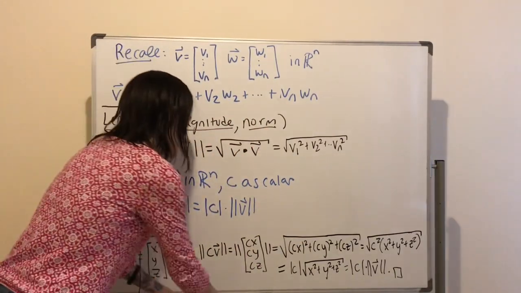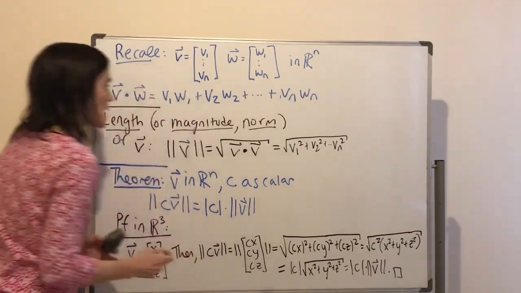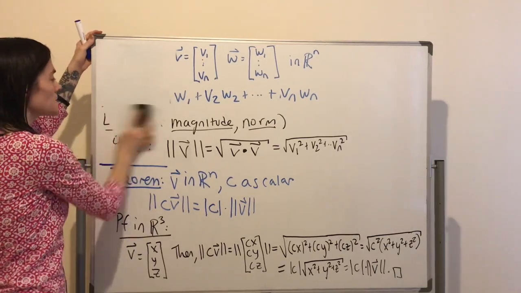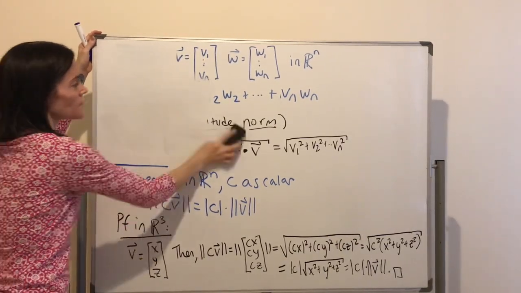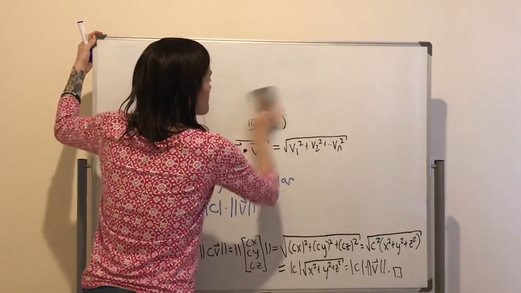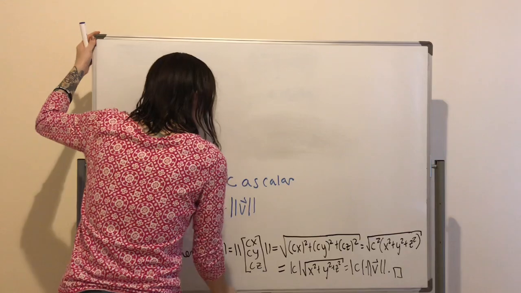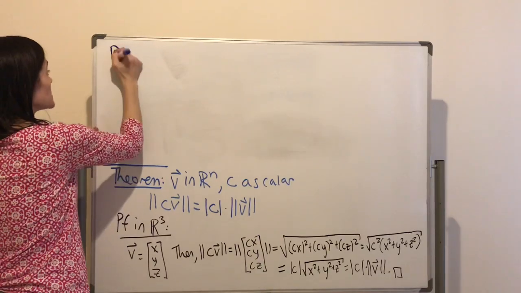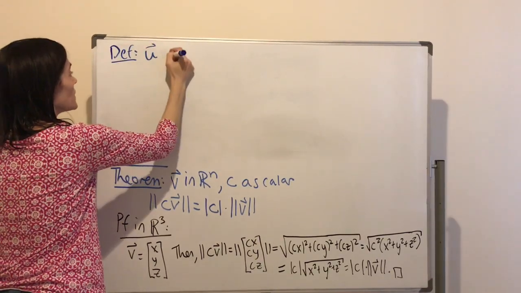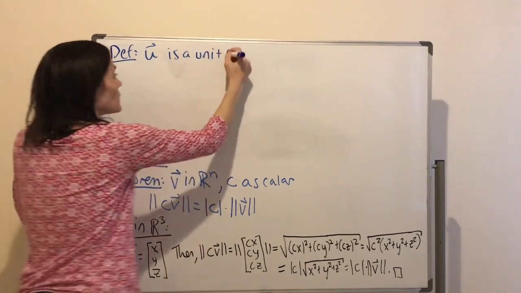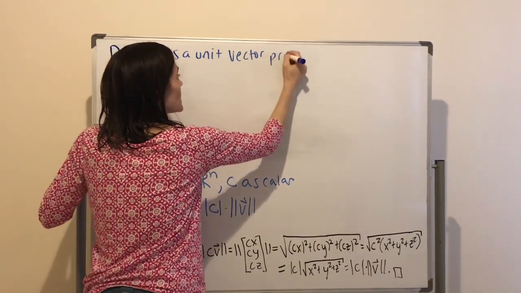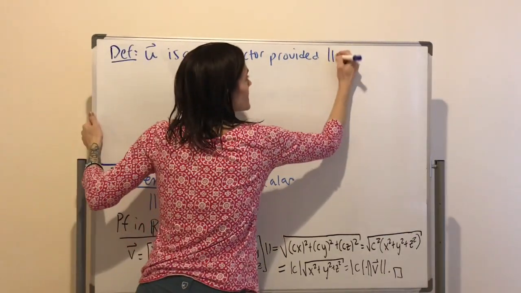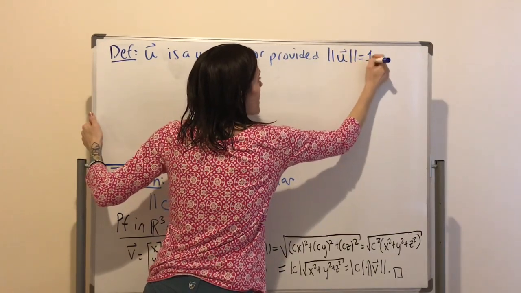Okay, so this is something that's quite important. Now, what else do I want to discuss about geometry of vectors with dot product? Well, we need the notion of a unit vector, and then I'm going to talk about perpendicular vectors, which has actually come up in homework, but I'm going to mention it now. The definition: U is a unit vector, and think about it being in Rn, provided the length of U is 1.